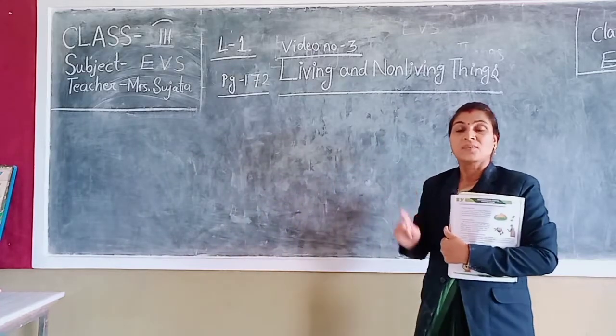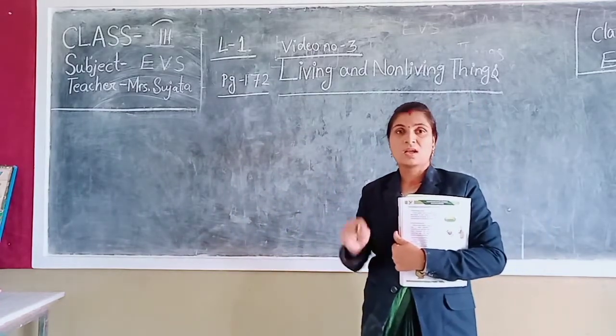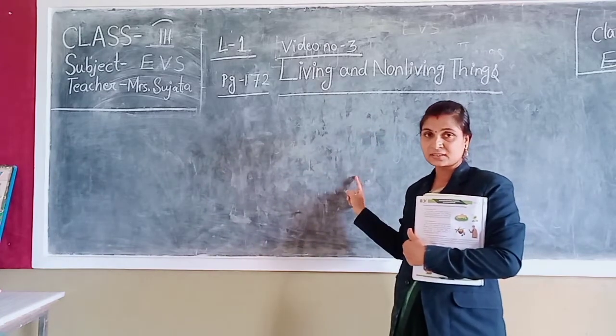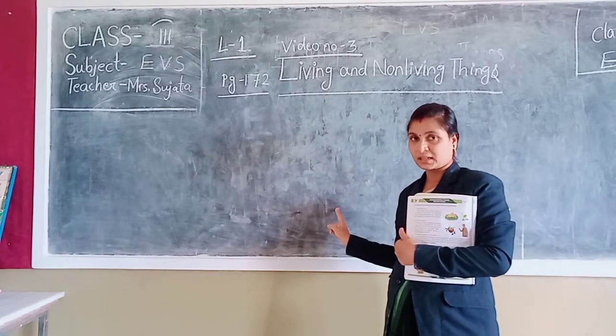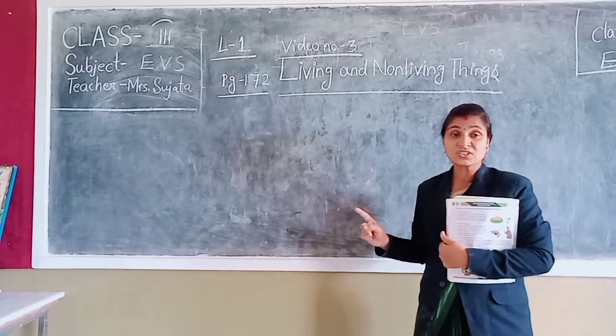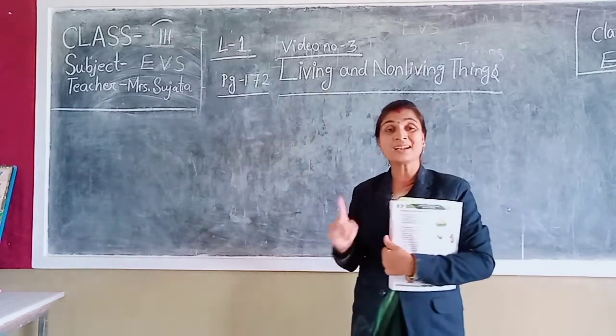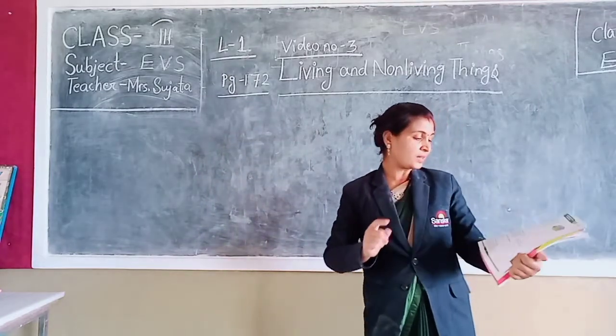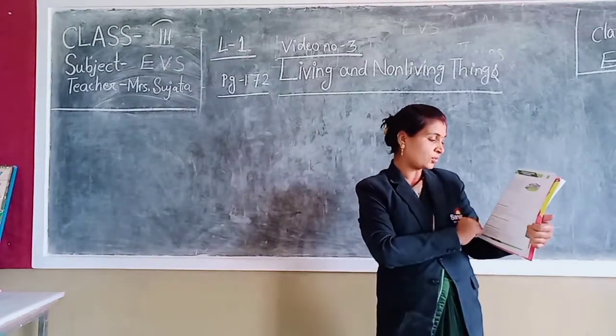Afterwards, what I have given the homework, mention homework, the common features of the living things, okay, first you have to write the answer. And next children, what I have given the homework that you mention. Afterward, exercise. Exercise first we will discuss. Write the common features of living things.